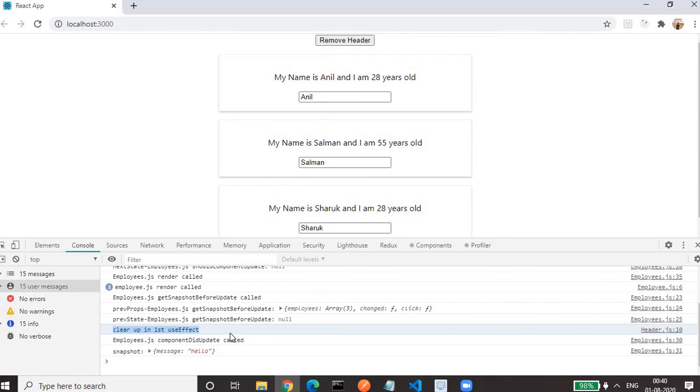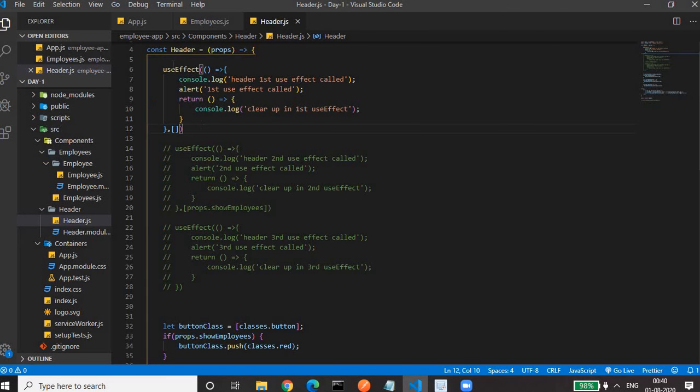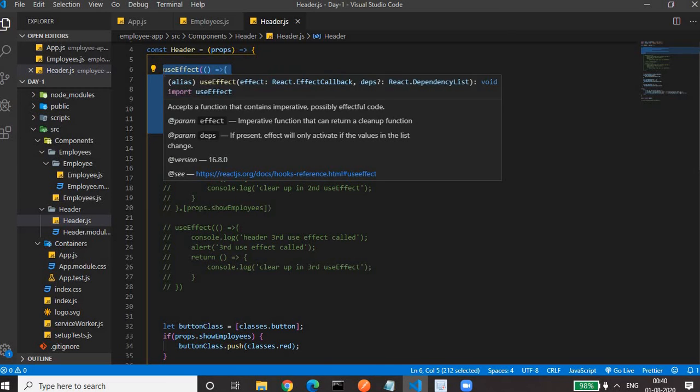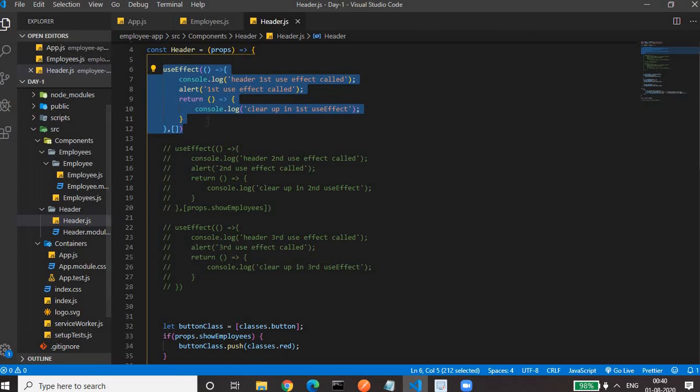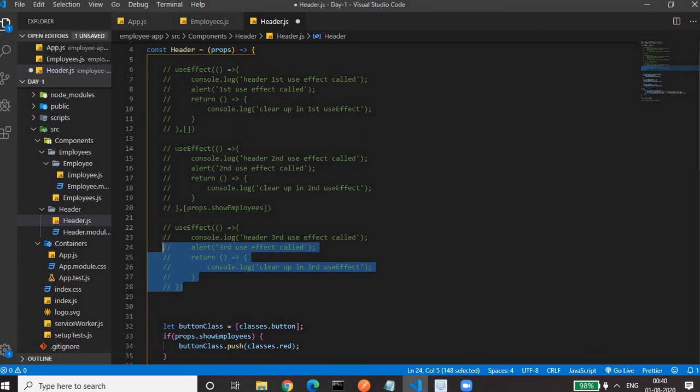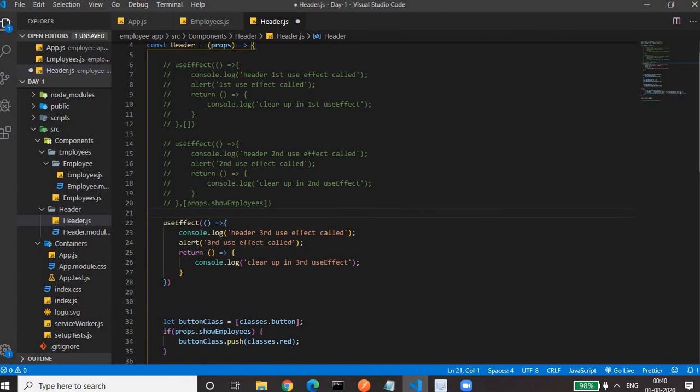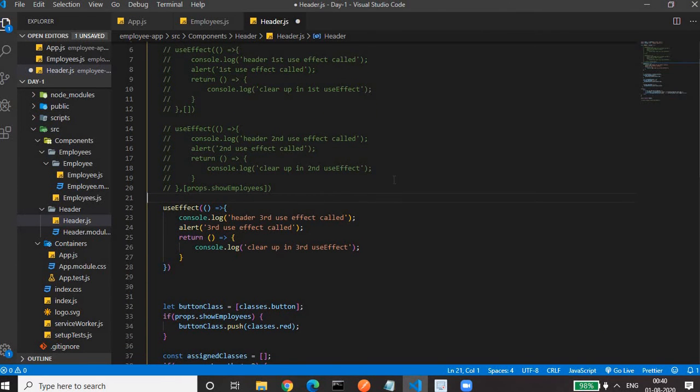So in this way we can get access to the componentDidMount and componentWillUnmount methods by providing an empty array. Usually we prefer this one, which we have used. This one has an issue. The issue is, if we are changing some other state which is not of any use for this header component, then this useEffect is also called. Like we have seen earlier, we will see that again.